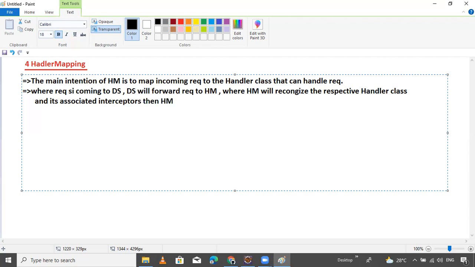After the handler mapping is associated with the interceptors, the handler mapping will create a handler execution chain. What is that? It creates one object called the handler execution chain.